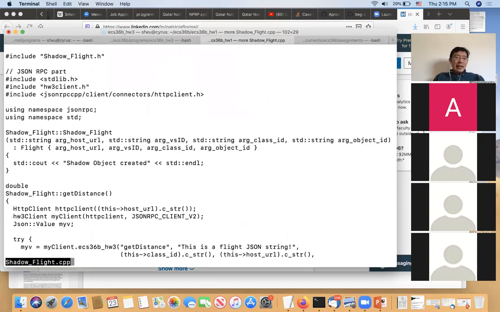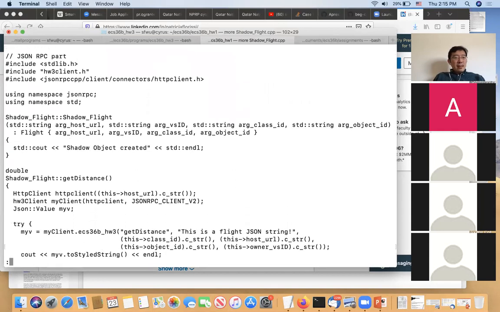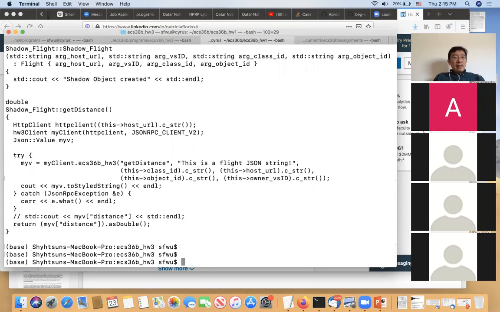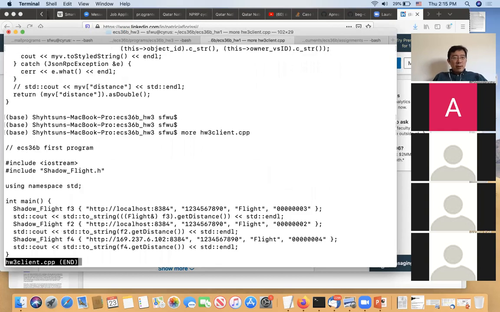So I actually embedded it into Shadowfly. So inside Shadowfly, no, I didn't put it here. Where did I put it? Oh, I know. Where did I put that one? Let me look at my own code. Oh, okay, I'm sorry. I did put it in the